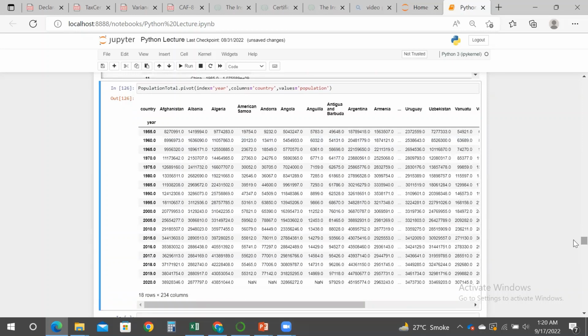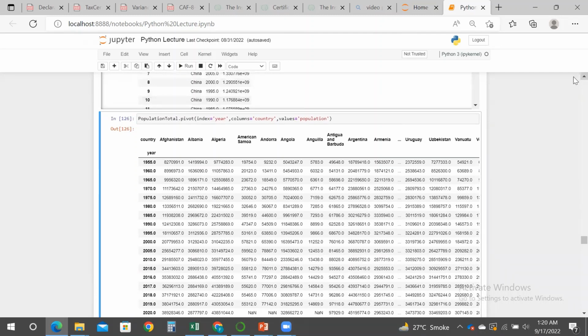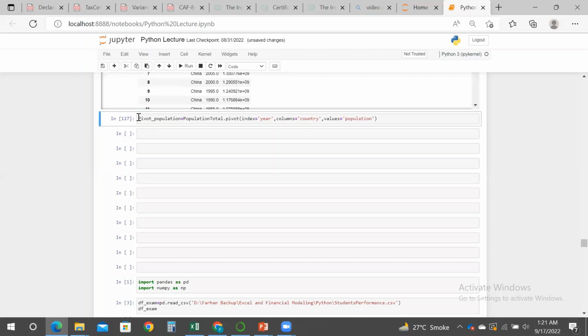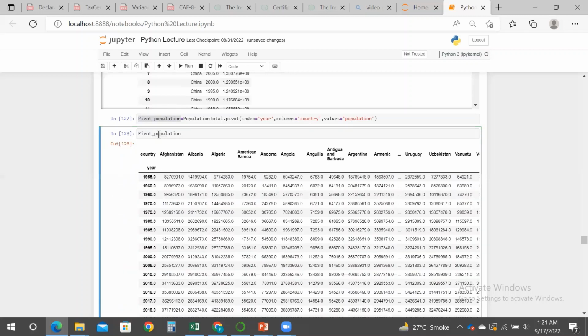and after getting the data frame reshaped according to our requirement, we can perform our visualization with it. But before that, let's rename this reshaped data frame as pivot_population, and run this, and let's see if we get the data frame